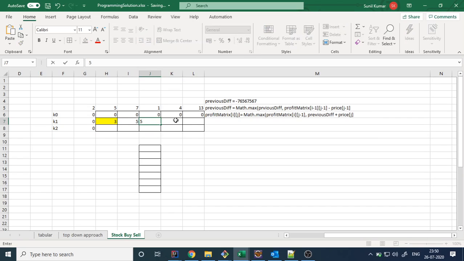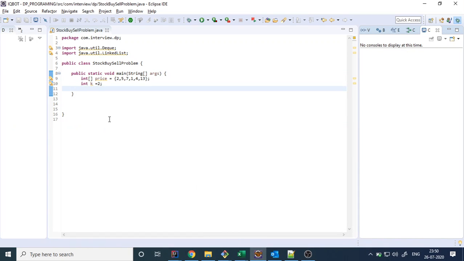Like that, here also it will be 5, here also it will be 5, and here it will be 12, right? So like that you will compare. Since I just explained this transaction, similarly you can fill this row as well. Now let's move on to the